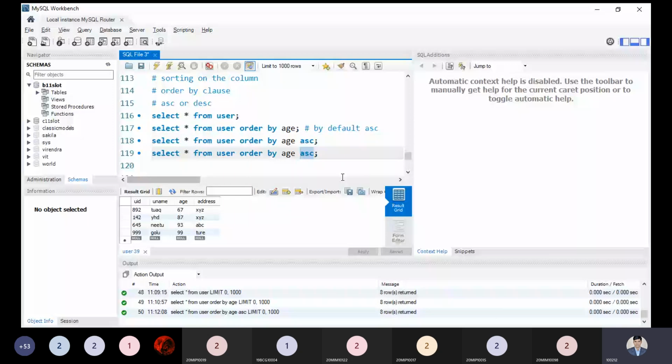So what I will get is my age information in the form of descending order. Now you will see 99 is coming at the top and 23 is coming at the bottom side. So this is right. We have ascending and descending order, and we can use the ORDER BY clause. This is the point we have to keep in mind properly. Tell me, any problem so far in understanding the ORDER BY clause?